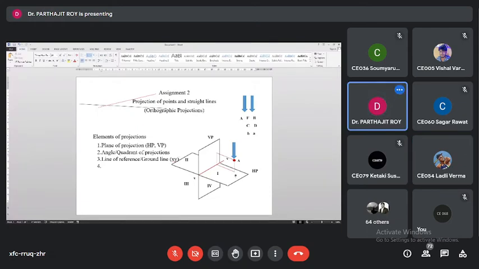So this will be a small a, that we are getting as the foot of the perpendicular on the horizontal plane. We will call this the top view. Similarly, if I look at the same point, my arrow direction earlier was parallel to the vertical plane. Now I will make this direction parallel to the horizontal plane. Where will I be getting the projection?